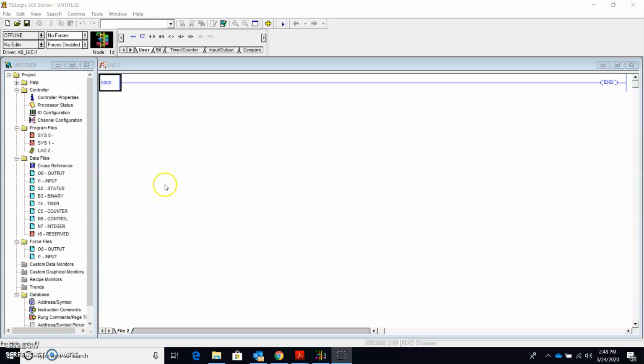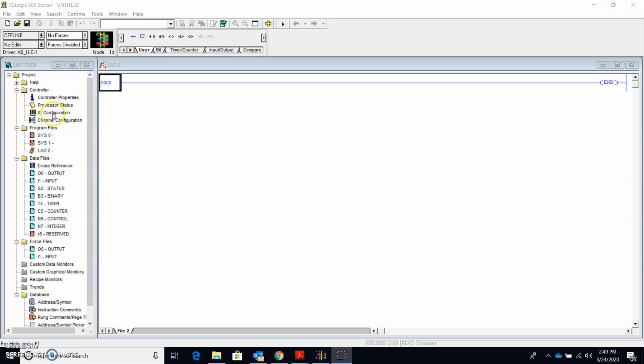Hey everyone, I wanted to go over a little bit about the project tree here. This is just a review. We went over this a couple times in class, but I feel like sometimes it's good to back up and have a little review. So if you'll look right here at a project tree, I'm going to start with the